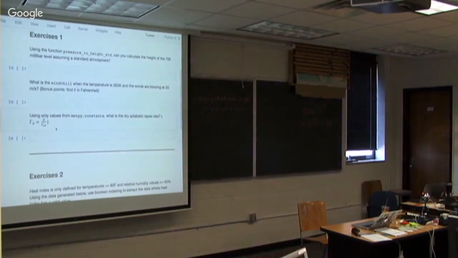So what do you use for this? You import. It's a good note for NumPy. I give you a name, np, like a namespace to access. So pressure to height STD, find the